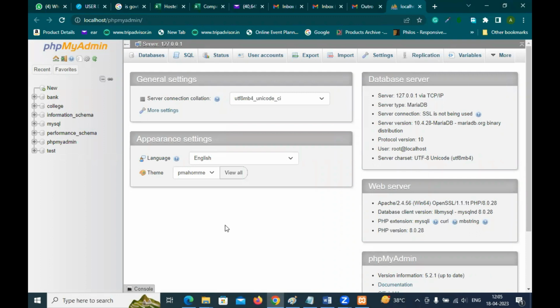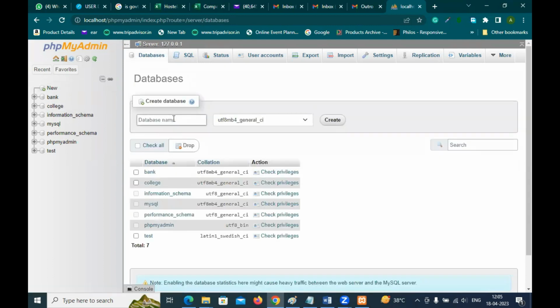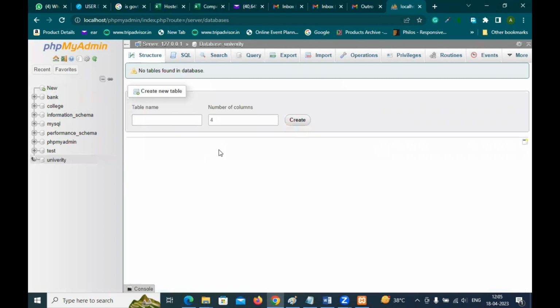So how do we create a database in phpMyAdmin? It's very simple. In the left panel, you can see there is a New option. You just click this New, and here you have to provide the name of the database. I am giving the name of the database as university. And I'm just clicking the create command, and we have the university database created. As you can see in this left panel, we have a university database. As of now, there is no table in it. So first of all, we'll create a table, and